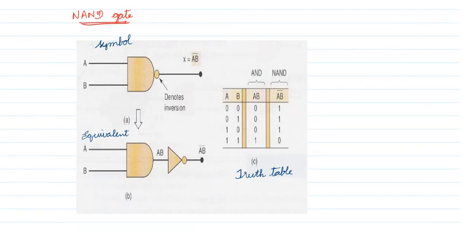Next we will see the NAND gate. This is the symbol for the NAND gate. We have an AND gate and a bubble. The bubble is nothing but the NOT gate. The AND gate is AB, and the bar indicates complement, so AB bar. This is the NAND gate. A and B are the inputs, so 0 0, 0 1, 1 0, 1 1 are the possible combinations. The AND operation we have already seen, and everything is complemented, so 0 becomes 1. So this is the NAND gate.